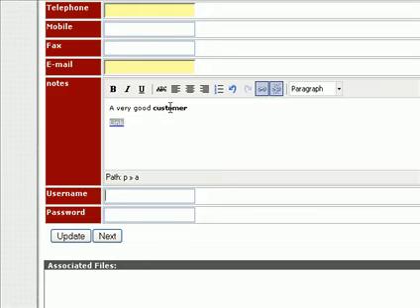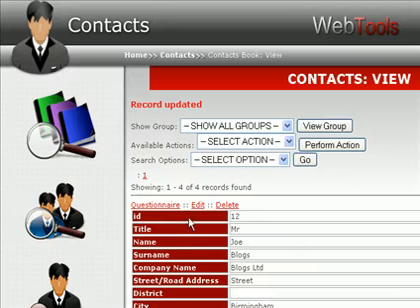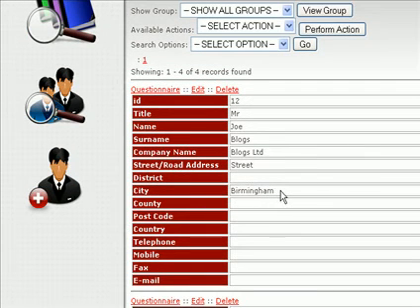So we shall say blogs1, and his password is password. We shall update this, and as we can see, the details have been updated with the street, Blogs Limited, and